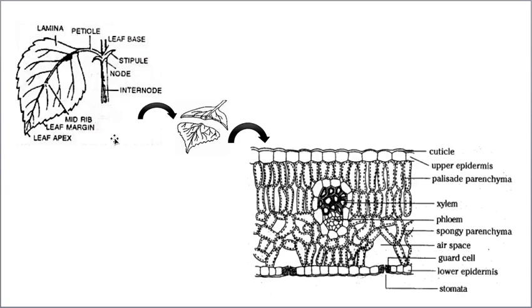You just follow this arrow mark, and you will understand. This is called, I'm extremely sorry, this is called a node. The part that is present between two nodes is called an internode. And the node is the portion where the leaf arises from the branch or stem. So this is a node.